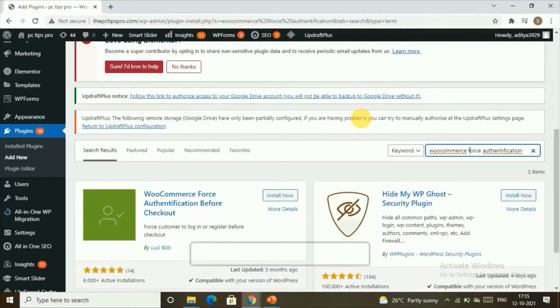You'll find this plugin here. This plugin will help us create a login and sign up page before our checkout in the WooCommerce website. So let's install this plugin. Once it gets installed, we can activate it.